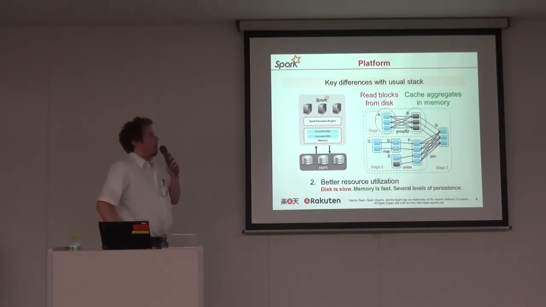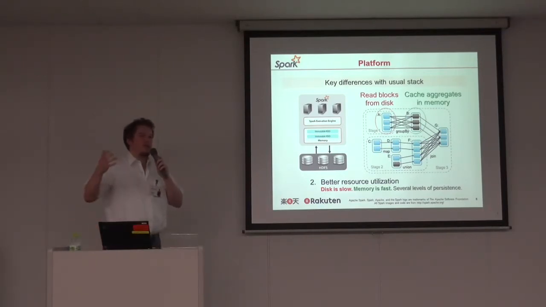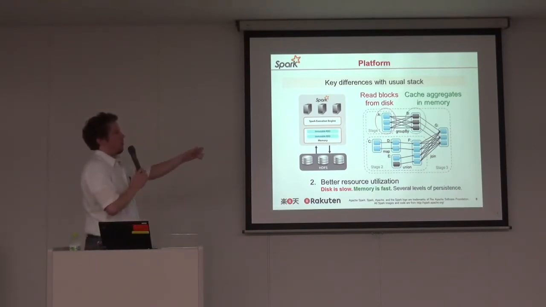So let me explain. Spark allows you to cache everything in memory, which, of course, makes things much faster than doing I/O on the disk all the time. You can have several levels of persistence, actually. You can cache to memory, you can decide to cache and swap if you don't have enough, and so forth. So in the example on the right, what you would do, for example, is read blocks from the disk, for example log files or whatever. You compute your aggregates, you store that in memory, and then you do other transformations. And that will make things much faster in practice.